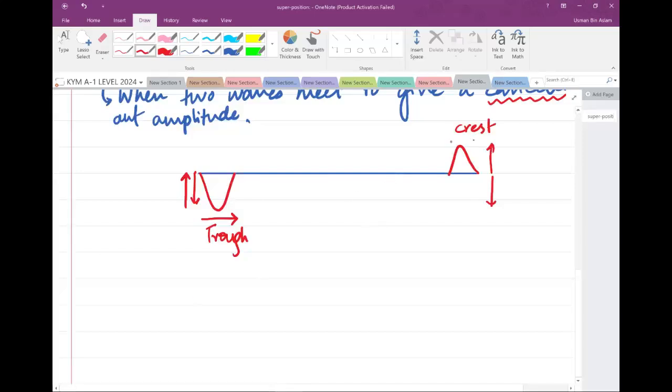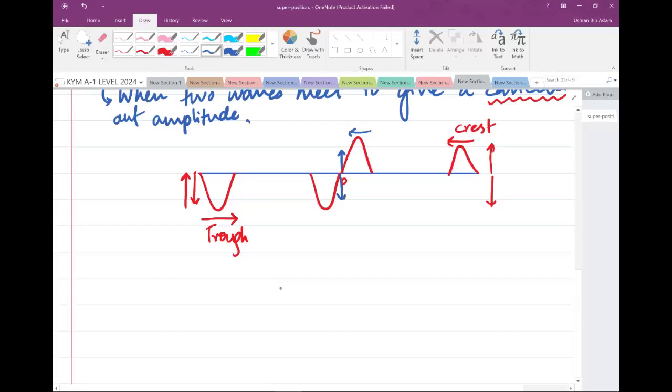So when they travel, the crest will travel towards the left and the trough will travel towards the right. Let's say P is a point on the string, and when a crest reaches this point, the crest is trying to move the point P in the upwards direction. Because we remember when a crest moves, the particles on the side it is moving towards are all moving in the upwards direction. So the crest, when it is trying to move through P, will first displace P in the upwards direction. And when the trough reaches the point P on this side, the trough tries to pull the point P in